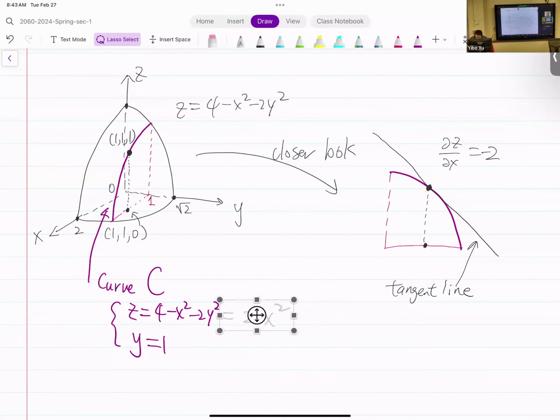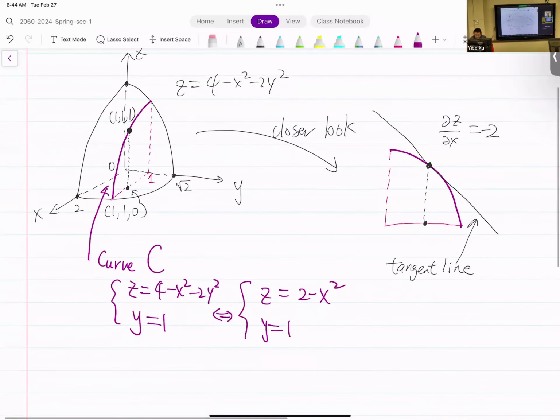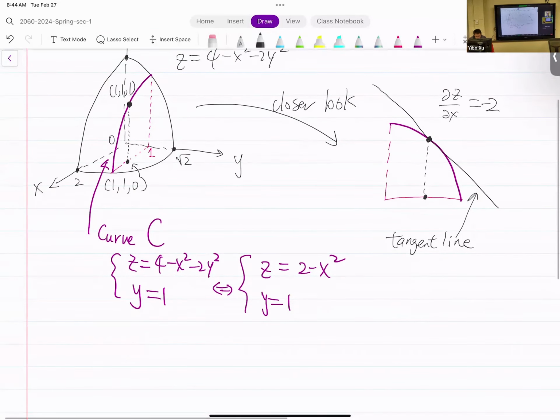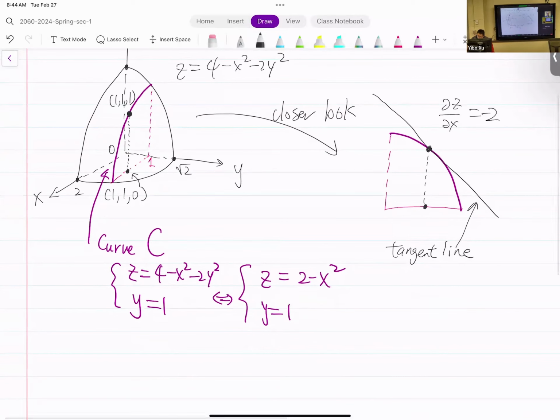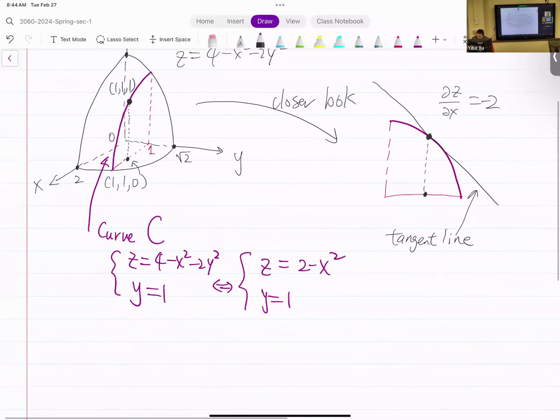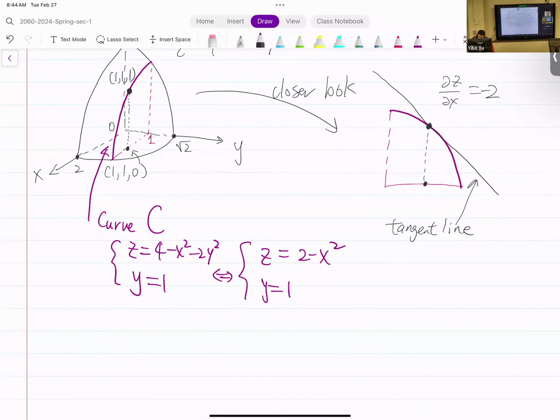I probably want to put it in another system of equations. So that's equivalent to saying my z has to be 2 minus x squared and y must be 1. Here, the slope of the tangent line in black on the right-hand side figure is the interpretation of the partial derivative, right? However,